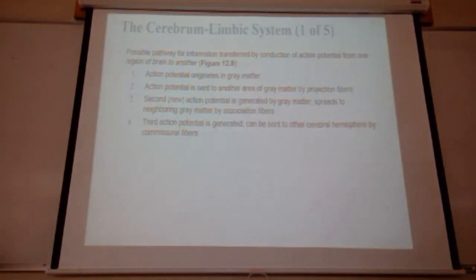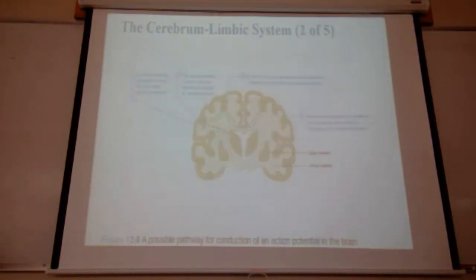The limbic system is a pathway for information transferred by conduction of action potentials from one region of the brain to another. The action potential originates in the gray matter. That action potential is sent to another area of gray matter by the projection fibers. A second action potential is generated by the gray matter, which spreads to the neighboring gray matter by the association fibers. A third action potential is then generated, and that can be sent to the other cerebral hemisphere by the commissural fibers. So here's an action potential being created here,